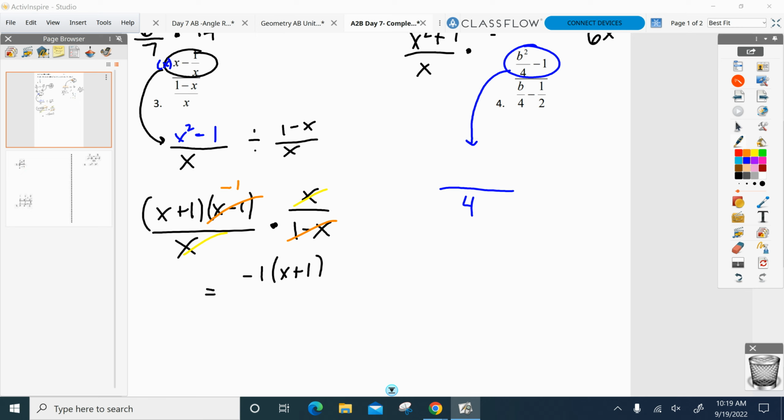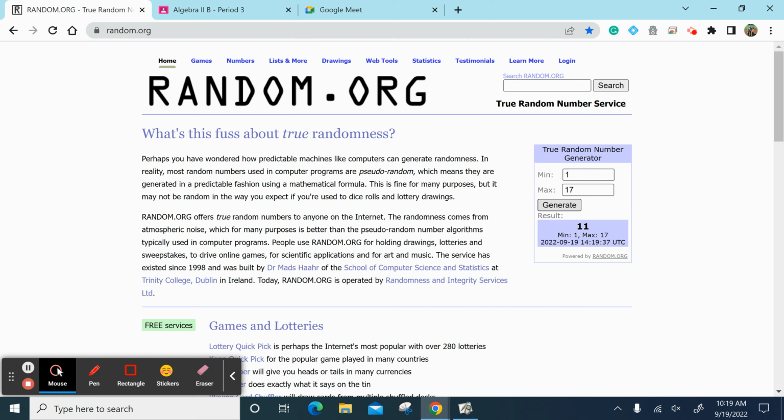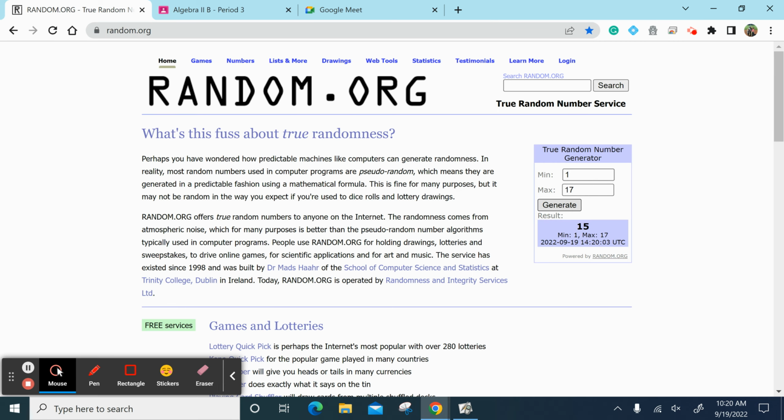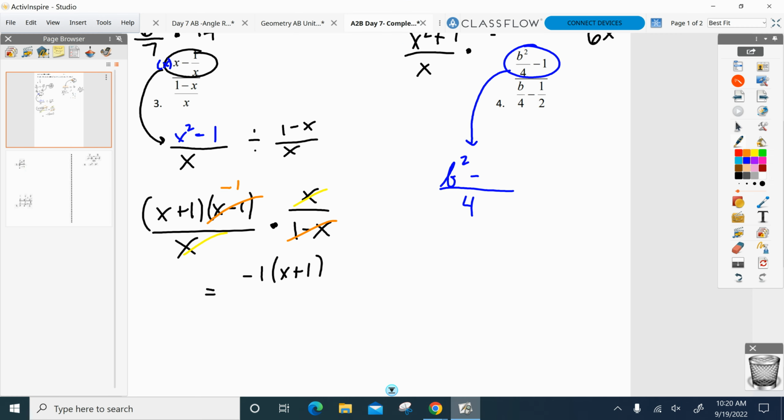All right, what do I need to multiply b squared by then? What's in the denominator there, Nick? b squared over 4. That is my common denominator, though. So do I need to multiply? No, right? I just leave it. b squared. Everyone okay? If it matches my common denominator, just write it. Not the case in the next one, though. What do I need to multiply the 1 by? 4. Good. Got to multiply it by the common denominator, so it's going to be b squared minus 4 divided